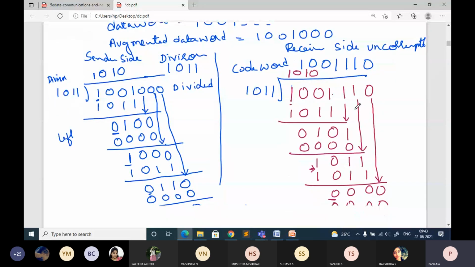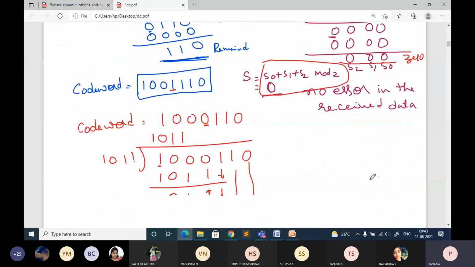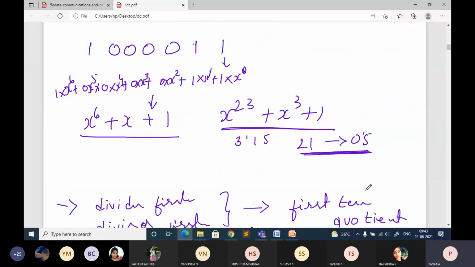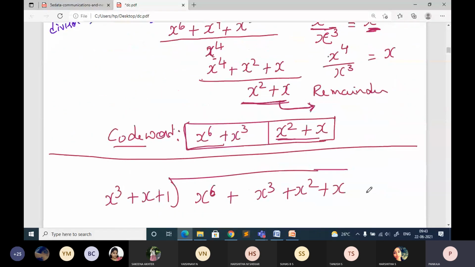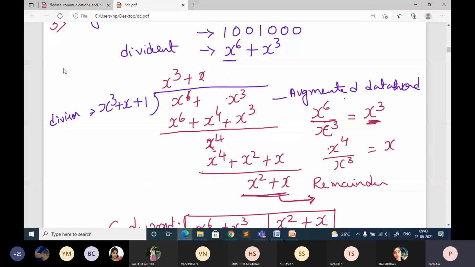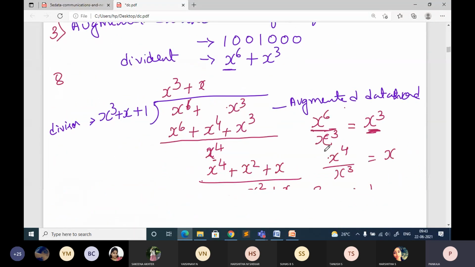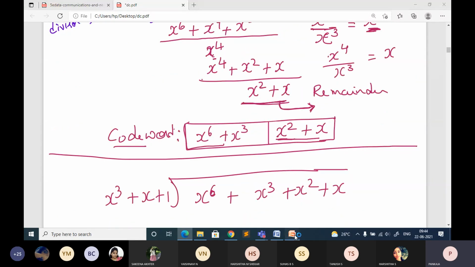Out of these two problems, definitely any one question will be there. If you have learned and everybody understood, you can just keep 8 marks in your pocket now itself. That I can ensure. You need to understand the representation of the terms, all those things. Just practice 1 or 2 problems, you can do it by yourself. So this is all about the polynomial. If any queries, let me discuss.